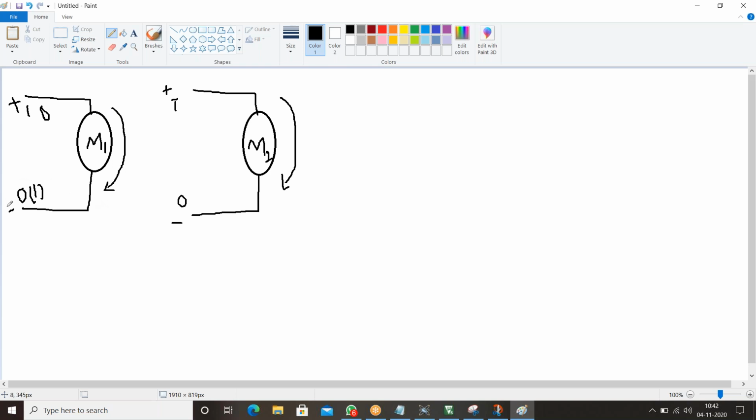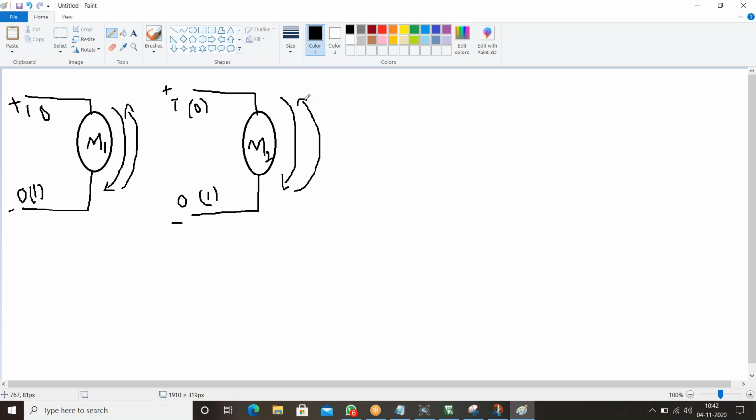Okay, if you give input 2 as 1 and input 1 as 0, the motor will rotate in reverse direction or anti-clockwise direction. This is the working process, right? As with motor 2, if you give 1 for input 2 and 0 for input 1, obviously the motor will rotate in anti-clockwise or reverse direction. This is the working process, right?